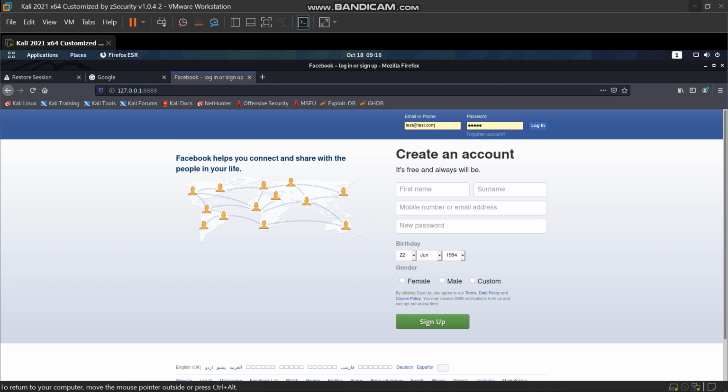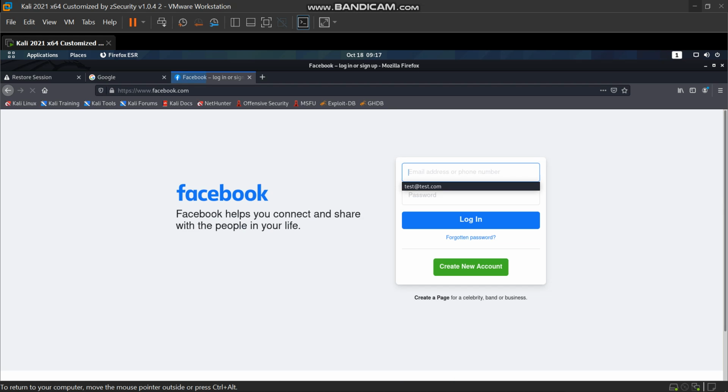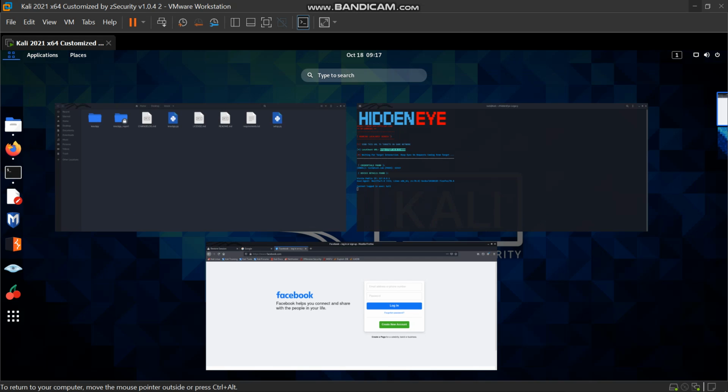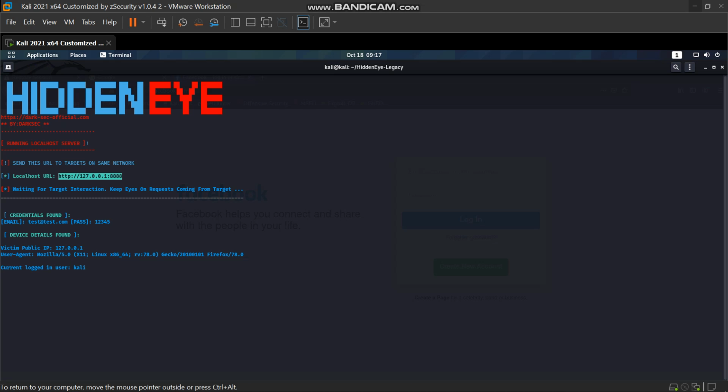If I enter the credentials into it and click on the login option, all the credential details come into my Kali Linux terminal. My password is 12345 and email address is test@test.com.